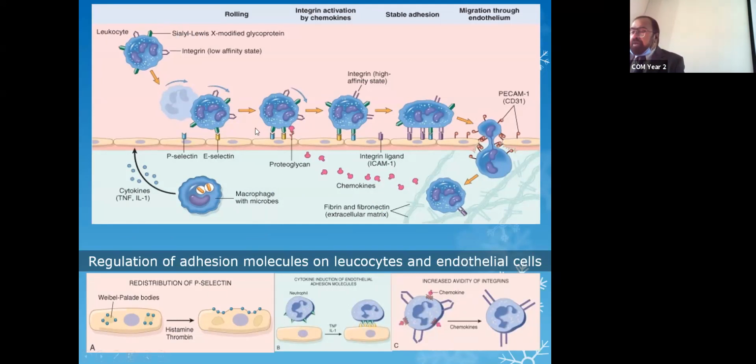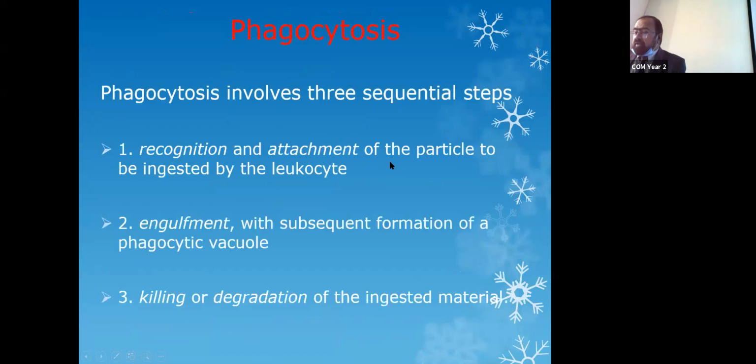So it will not help in doing this rolling process. So maybe the neutrophil does not even come down, right? Now coming to the third one,